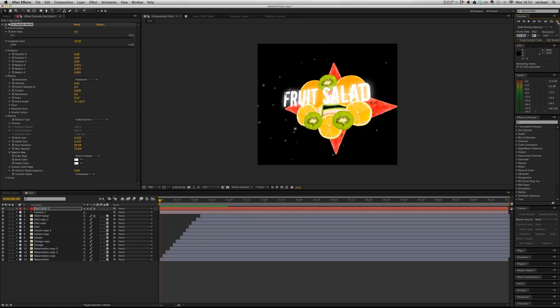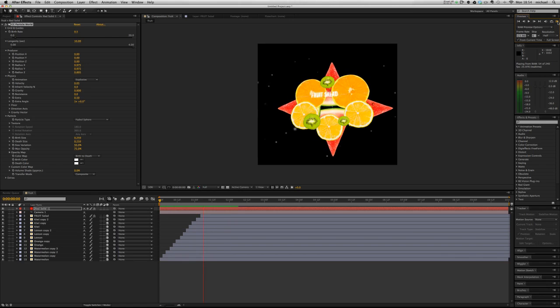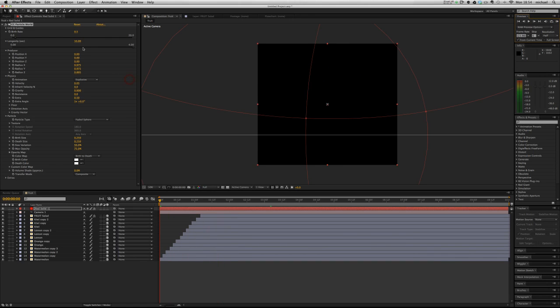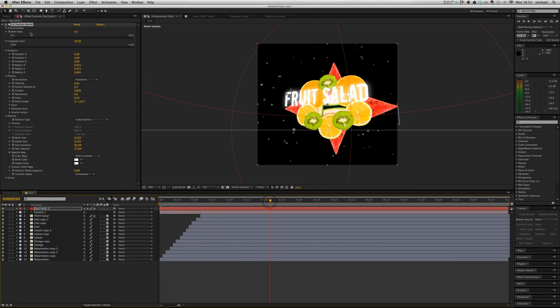So it just creates a sort of illusion that they're in an atmosphere. And there maybe aren't enough of them, so I can increase my birth rate. So I go here and just increase it a little bit. So that gives them a few more. So particles are pretty powerful, and you can